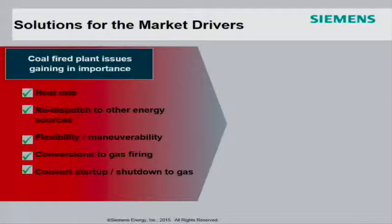And flexibility, maneuverability, as you know, doesn't cover just load ramps. It also covers down to the minimum load. Startup is also part of it as well. What was a bigger driver in the past was increasing capacity in any way you possibly could on coal-fired units,